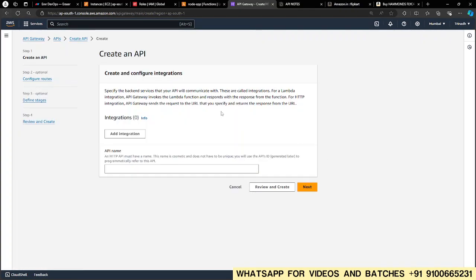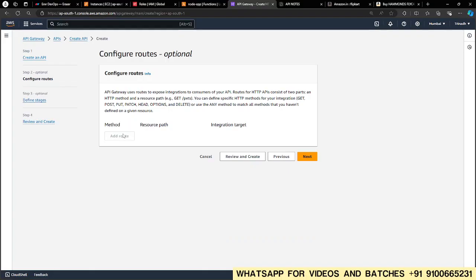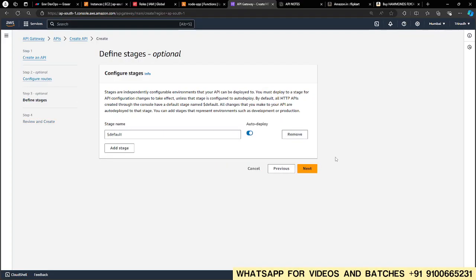Click on build, and now wait a minute. And here we can give any name to it, like API name. I'm going to give Node app API. Okay, and next, here it is asking for the integration method. Next,